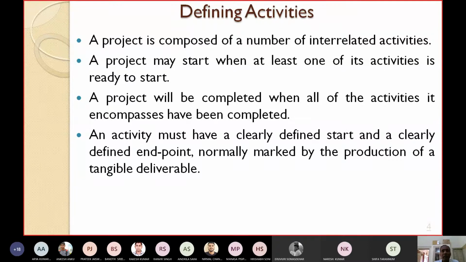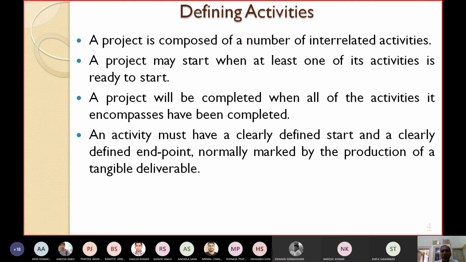Now, an activity must have a clearly defined start and a clearly defined end point. Any activity you take must have a starting point as well as an ending point. Every activity must have a starting date and an ending date. These start points and end points are normally marked by the production of a tangible deliverable.